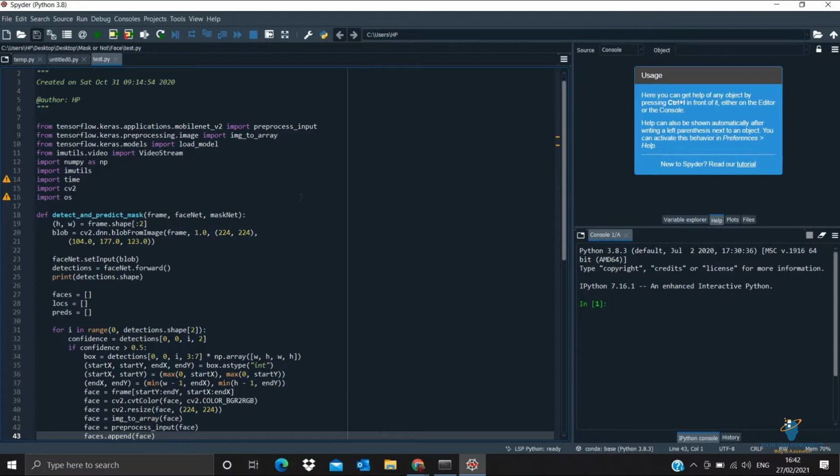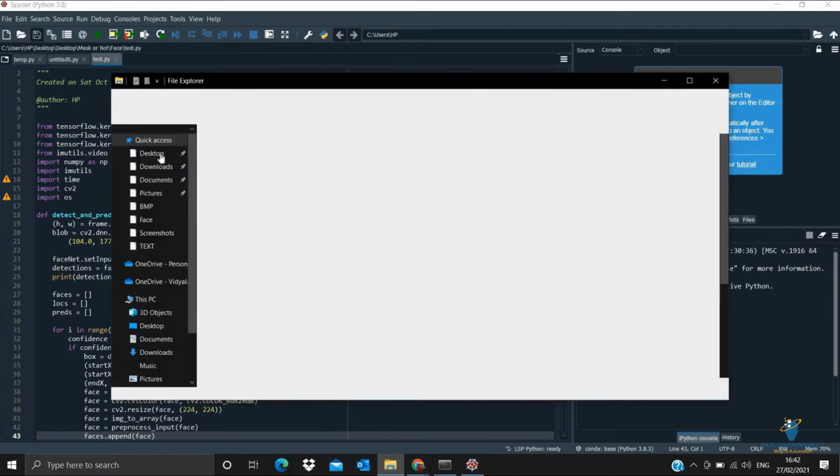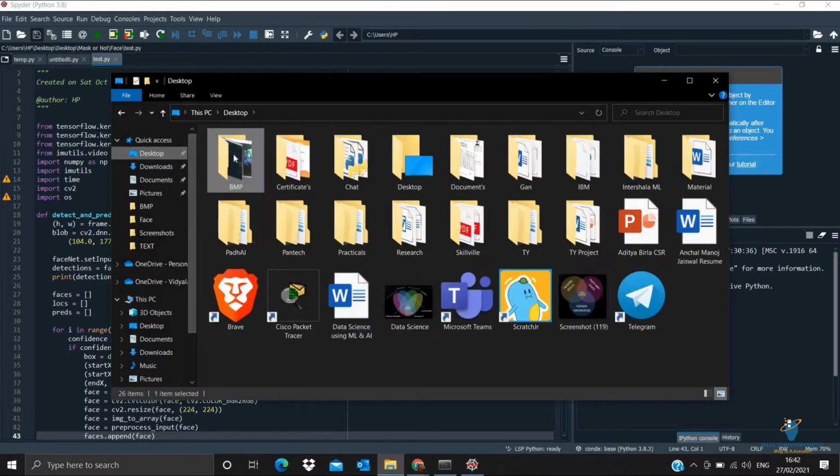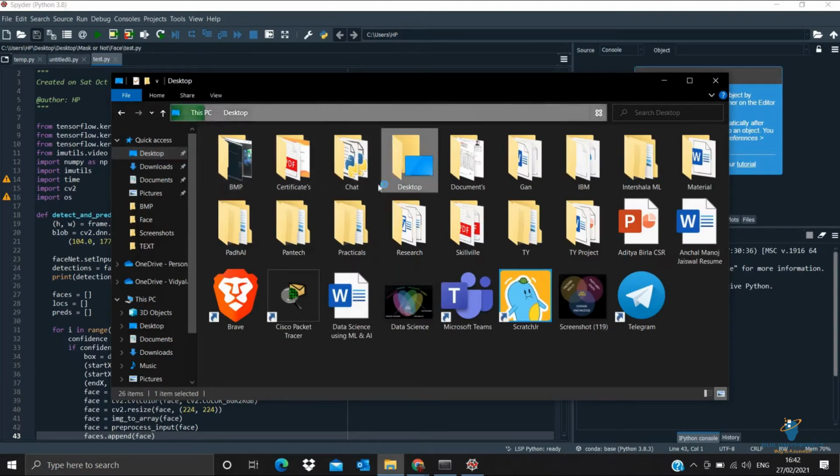We are just going with a small data set. One data set will be a person with a mask, another will be a person without a mask. In the first part, there will be some persons using a mask, and the other persons are not wearing the mask.